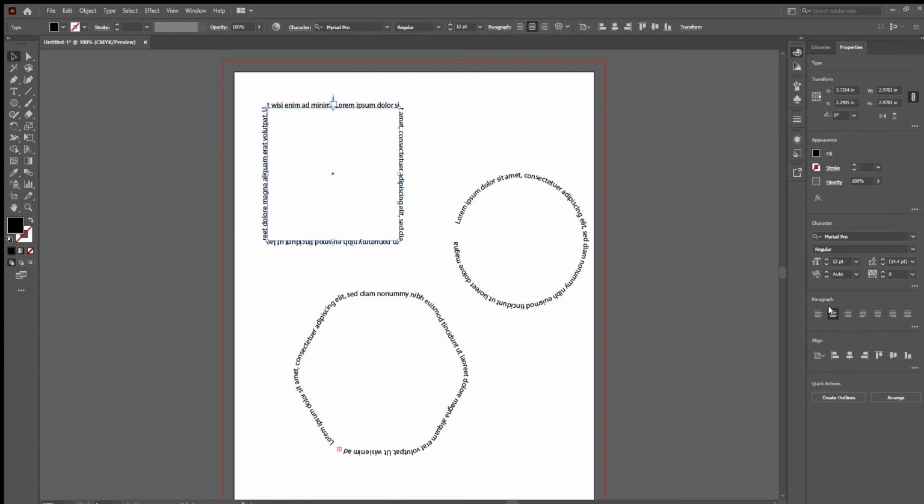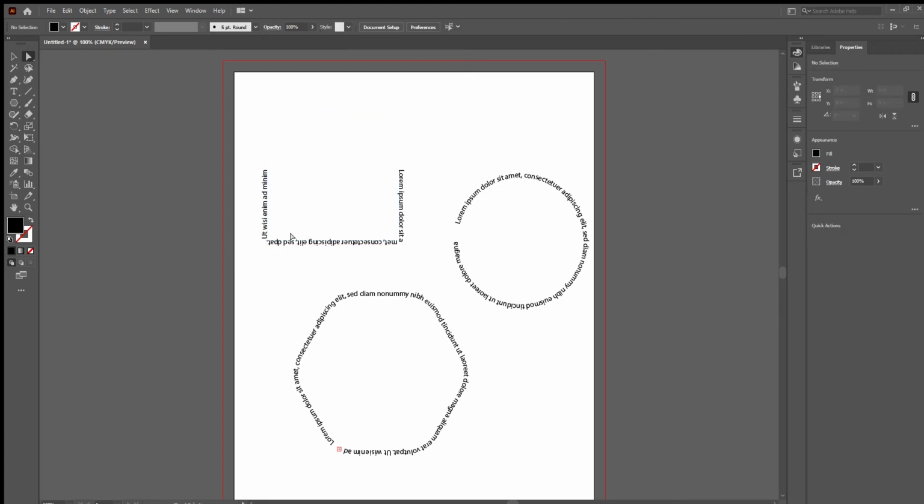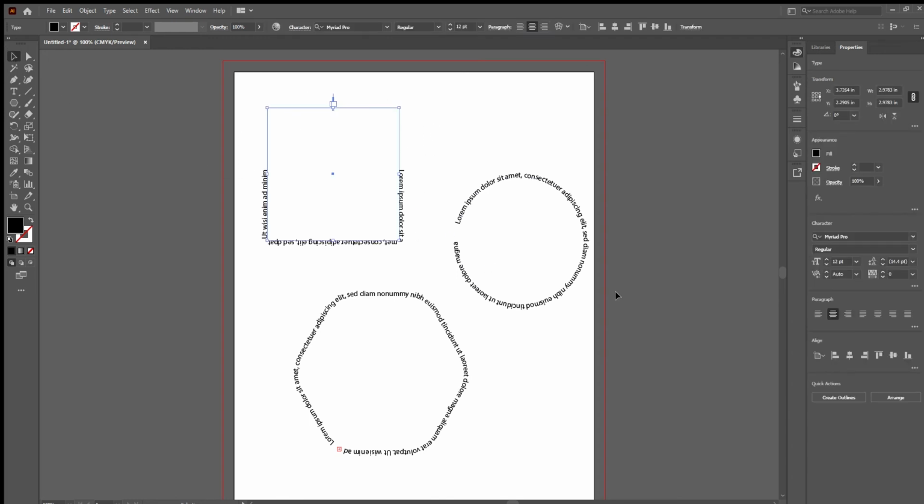Now I happen to have this line of text. Well, let me first do something here. I'm going to get rid of some of the filler text that appeared there, so it's not fully engulfed around, enveloping the object. Grab the selection tool, select the object again, and just to show you what's going on,